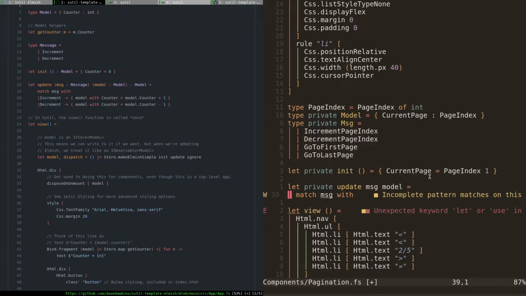And then the page index would have two methods, increment and decrement. So basically, the page index would handle all the messages. It would basically be re-implementing the